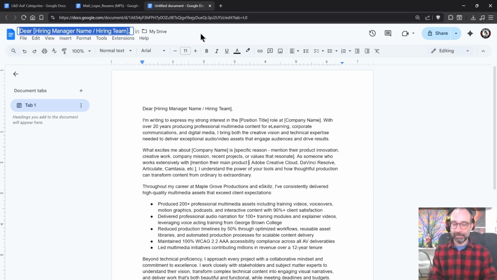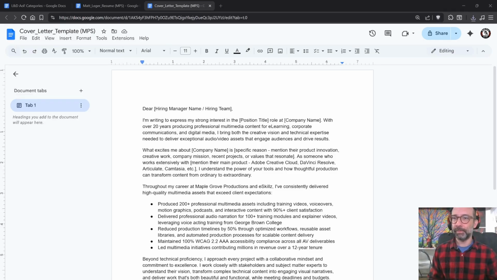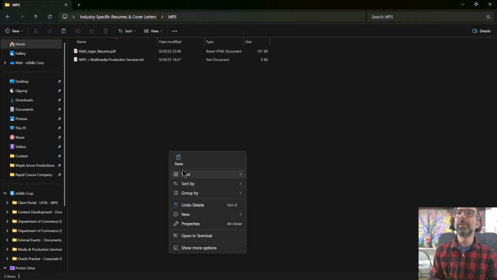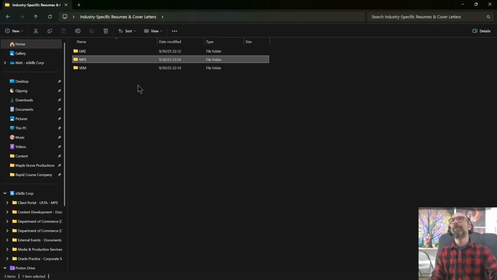Imagine that. So this same idea, my name, although this is a template, so I'm going to put that. Oh, I don't put the name in the template. Cover letter template. This is MPS, and that's the final document. Thank goodness for that. This cover letter, I'm going to pop into the folder. Boom. Okay, so that's done. Now, that one took the longest for some reason.